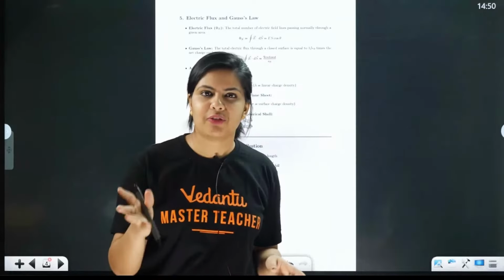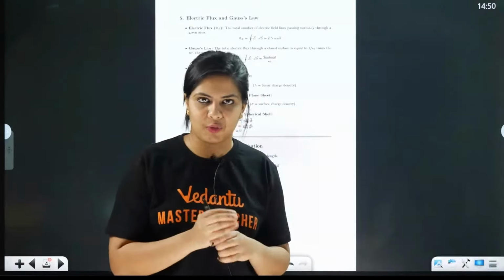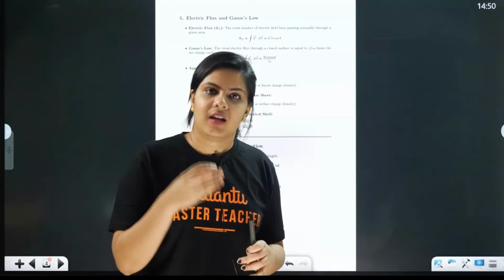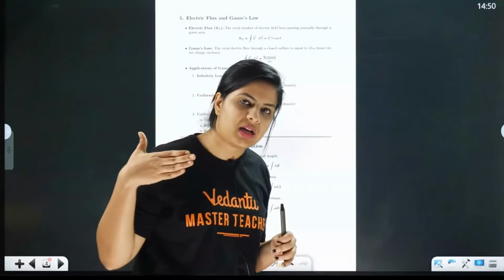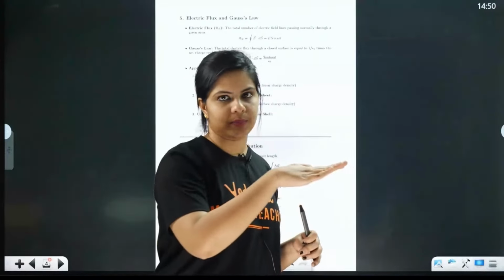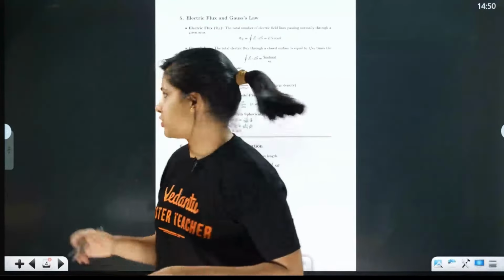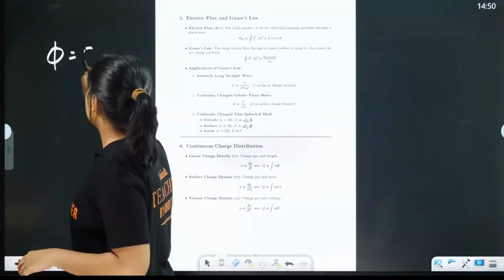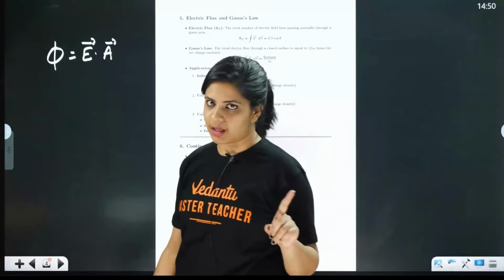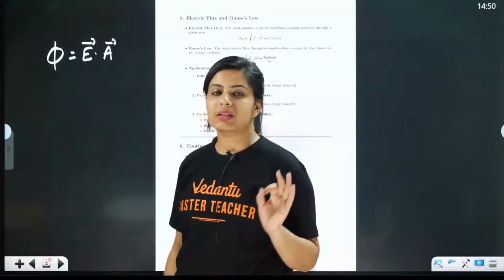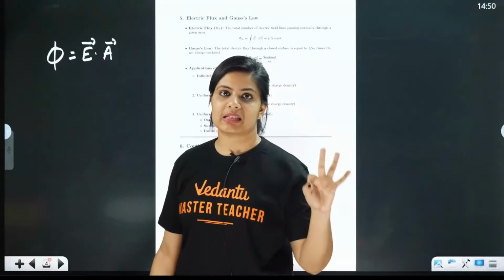That's all. Flux means flow, so electric flux is the flow of the electric field. Okay? What is the flow of the electric field? Here there is only one point you should remember: it should pass through the surface perpendicularly. That's the only thing. Next we should know the expression. The flux will be equal to E dot A. Flux is a scalar quantity. Its value is E dot A, which means flux depends upon the electric field, the area vector, as well as the angle between them.